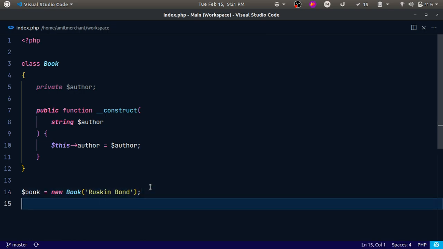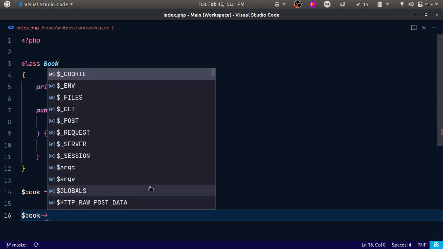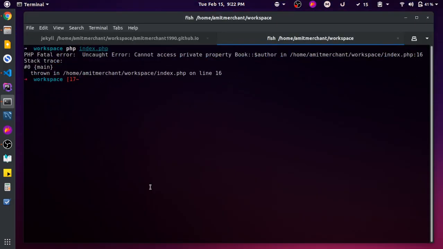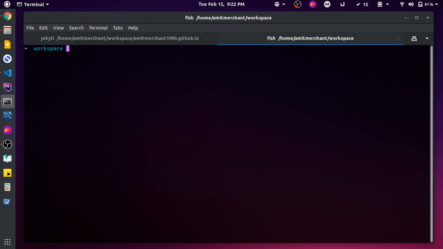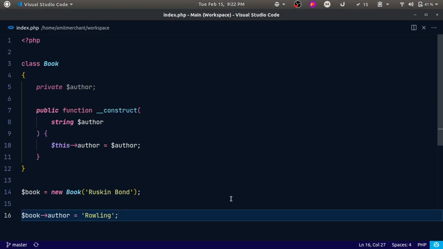Okay, and if we try to assign a value directly to this property, and if we try to run it, this will throw a fatal error that says cannot access private property. So that's fine, and we actually have accomplished our goal, that is we made the property non-assignable outside of the